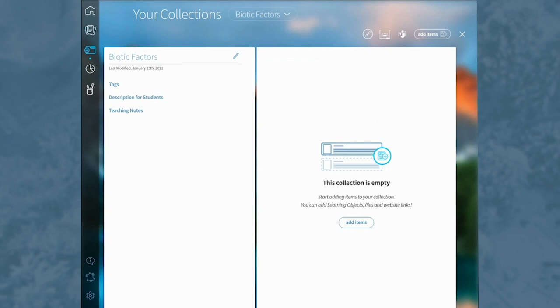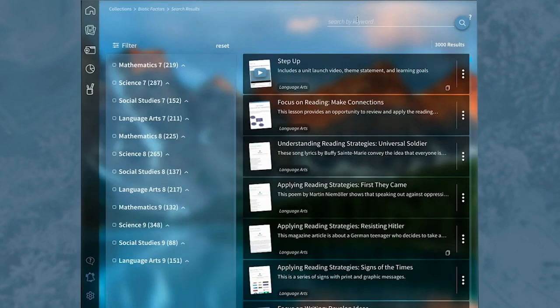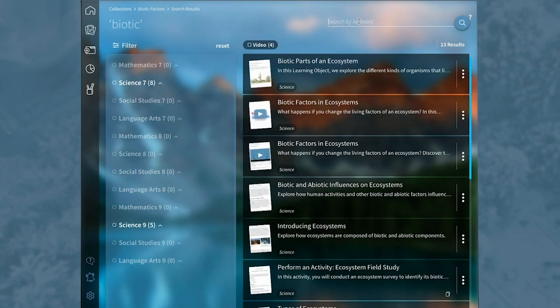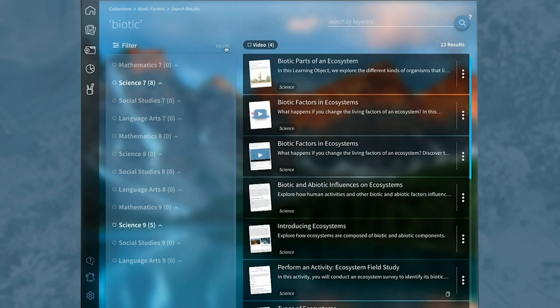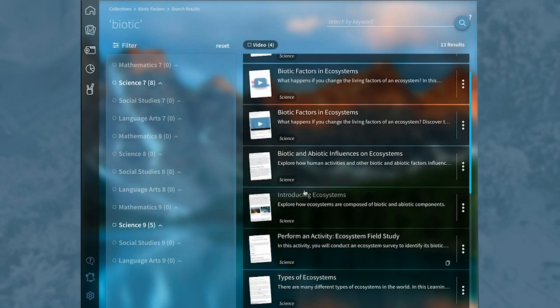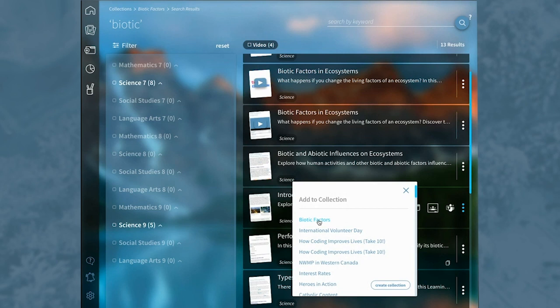First, what I want to do is find learning objects to add. So I'm going to click on the Add Items button, and I'm going to go to the library to search for resources. I'm going to use keyword search because right now we have exactly 3,000 resources. So let's look up biotic. Okay. So we've got quite a few here, 13 results, 4 of them are videos. Obviously, I think the introducing ecosystems is likely the first one that I'll need. So I'm going to open up that menu on the right-hand side, click on the folder with the plus sign